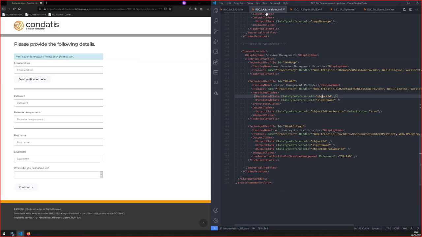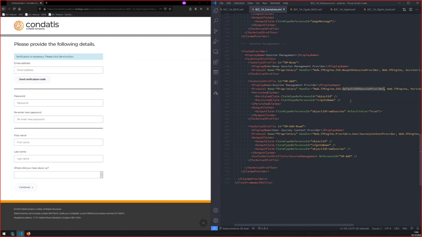If I go up to my extensions policy, so remember this policy, the extensions one, is available to all of the different user journey policies that we're using. We've got a hierarchy going on here where we have our user journey, we have all of the components for our user journey, and then we have all of the components for all of the user journeys that we might have. So we've got set up in that wide-reaching one, this SM-AAD technical profile, which we've defined as a type